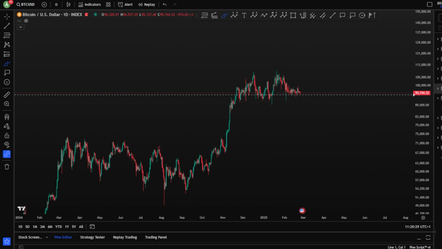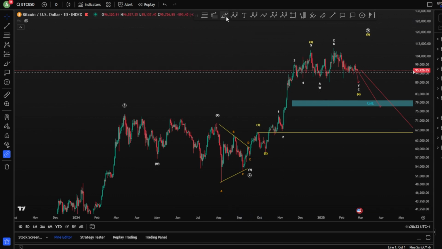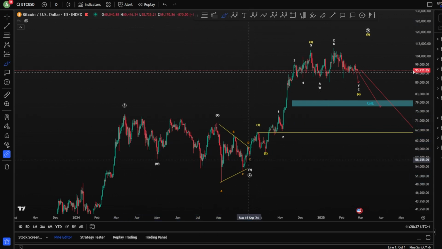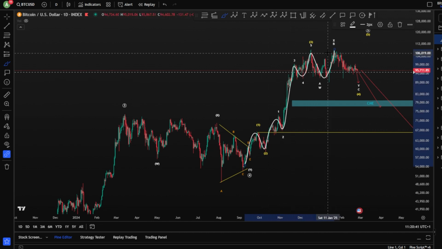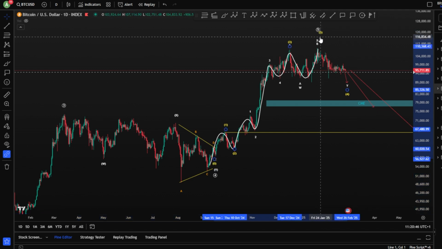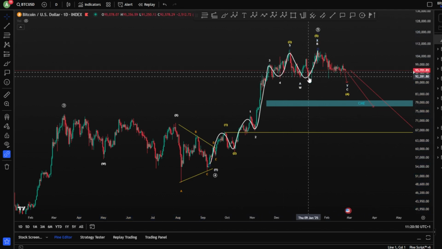Now, the second scenario, which is a bearish one, where you have double 1, 2s, you have a bigger W, X, and a Y here as a correction for your wave 4. You have 1, 2, 1, 2, and then 3, 4, 5, 4, 5 toward the upside. Probably you have a top for Bitcoin in this cycle in a double 1, 2, and double 4, 5 at the top here.